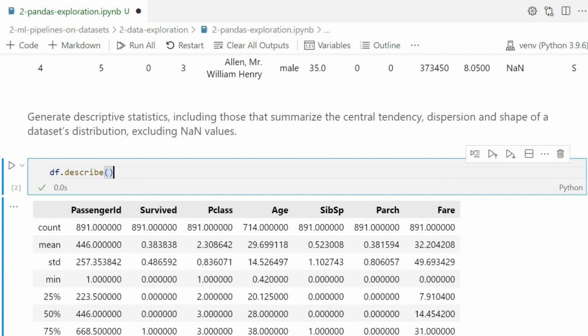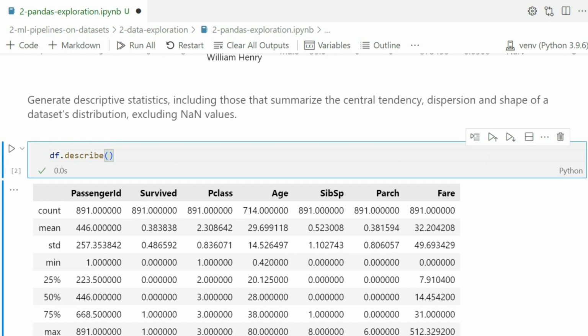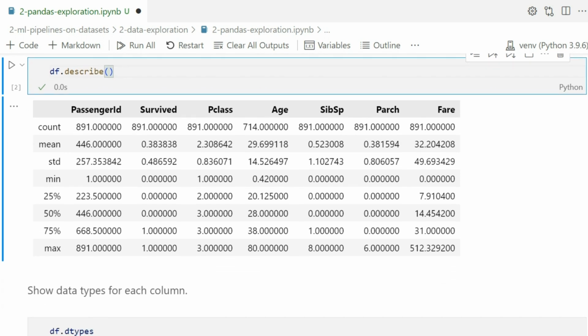So far, this descriptive statistics was only for the numerical values, and you get the count, mean, which is a statistical average, standard deviation, minimum, 25% percentile, the quantiles, and max. So very useful information with just one method call.